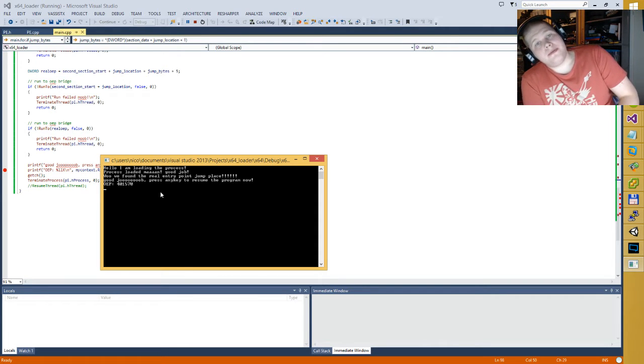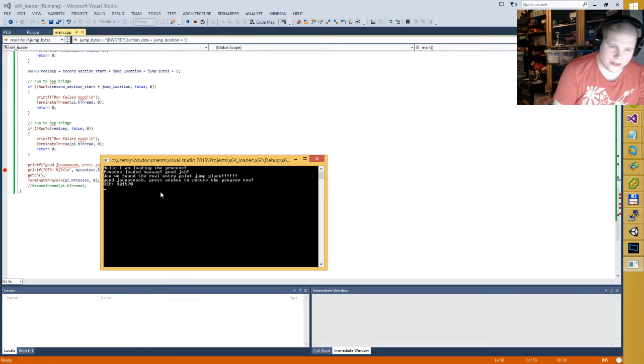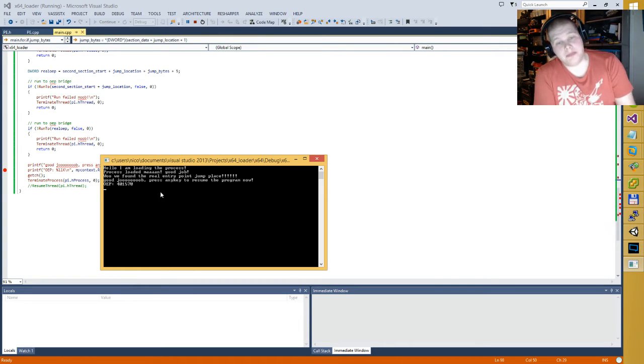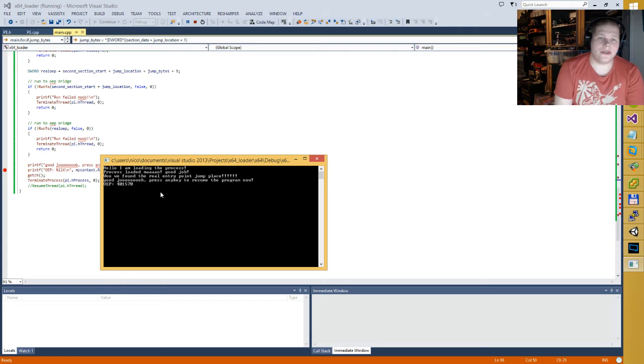And now we have made our first 64-bit sort of pseudo unpacker. In the next episode I will show you how to dump the executable. And maybe next time after this we do OSPack or some other packer. Something that's a bit harder, so you learn more about unpacking. But yeah, main point was that